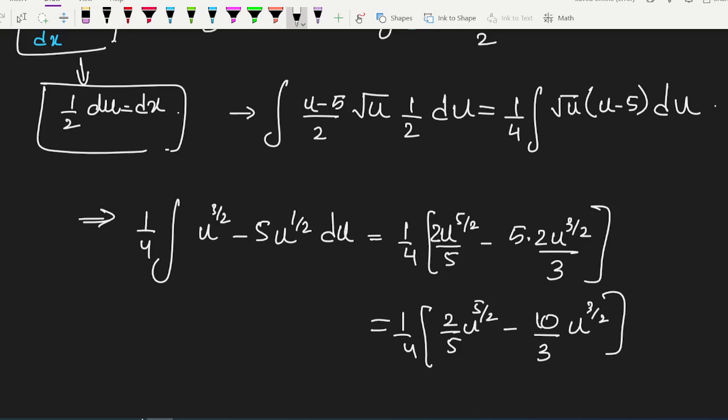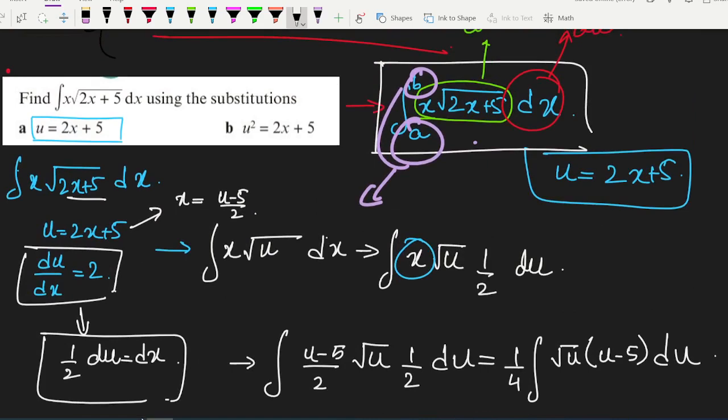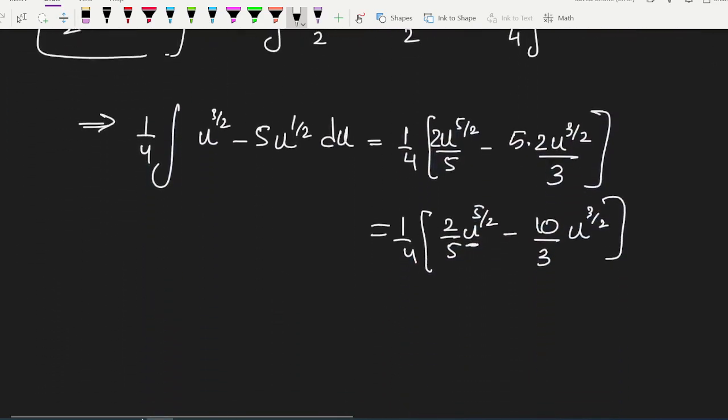Okay. So this is not the final answer. We have to finally convert back u and x as well, right? So what was u? u was 2x plus 5, right? Then if we convert back into x, we get the final answer as